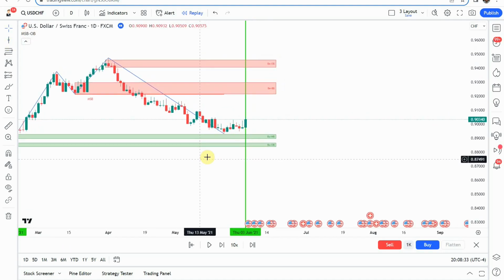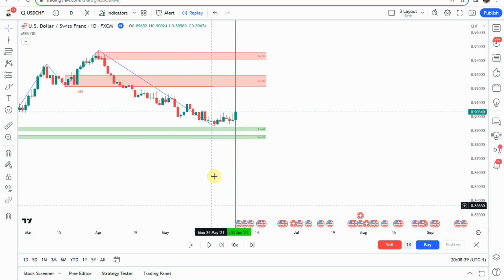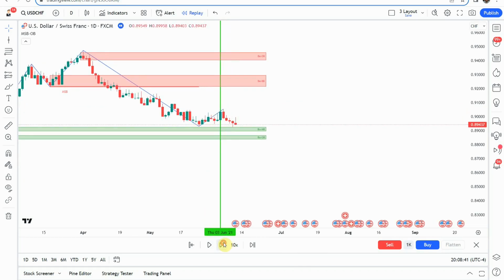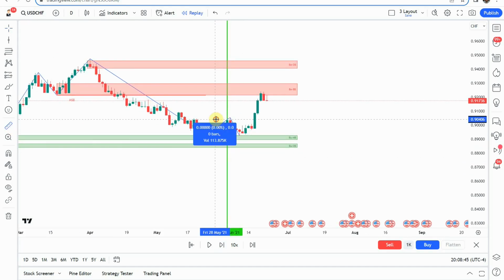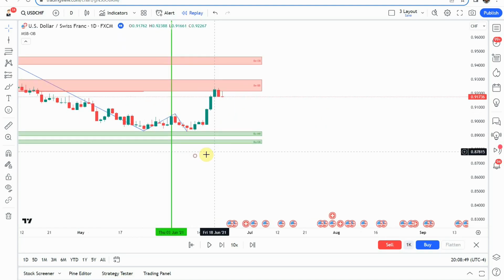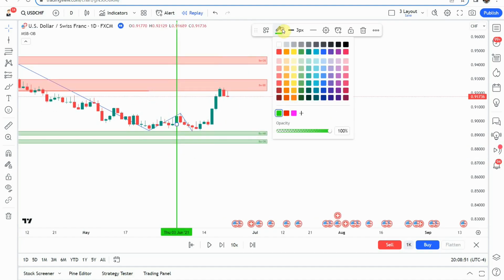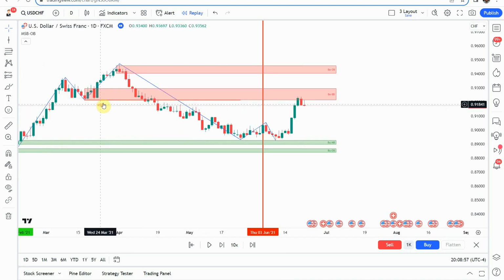So this is going to be a short signal right here on this one. It's technically the candle that it appears on. Go ahead and play this forward. Looks like we did get a push to the downside. Was it enough? And that was enough to get us to our take profit. And so that was a short signal because the line was red, the red MSB, and of course the red